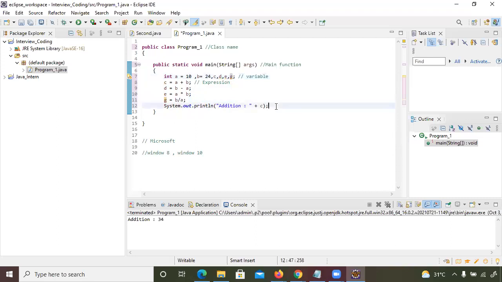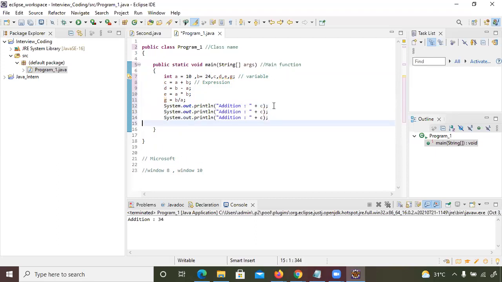Now similarly, I will print this. D will give you the subtraction part. In an interview, they might ask you this question. They will give you a code snippet. What do I mean by code snippet?